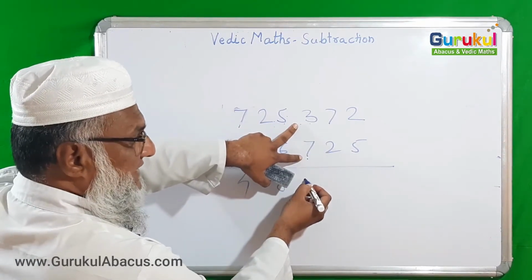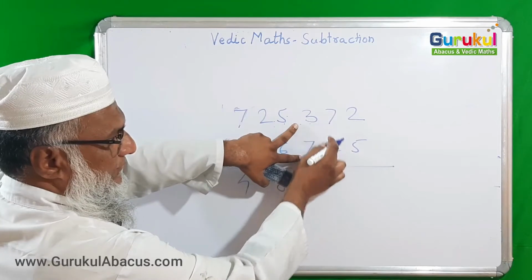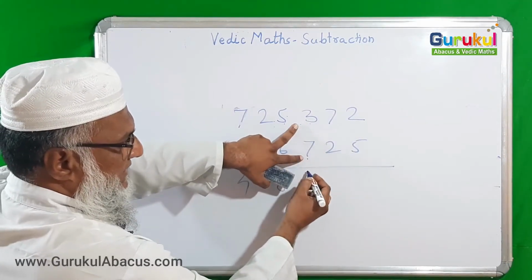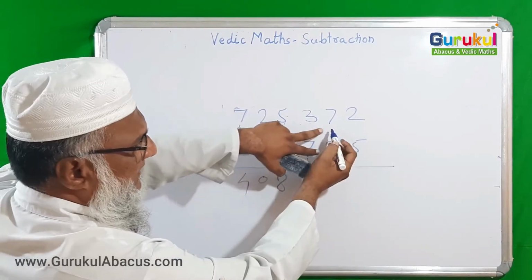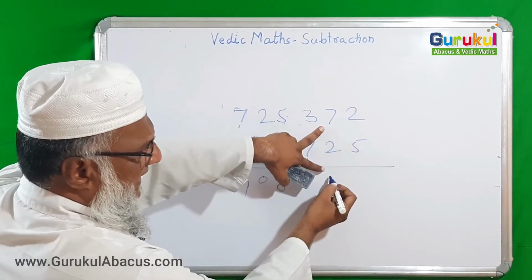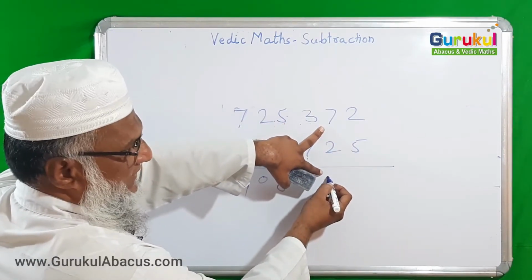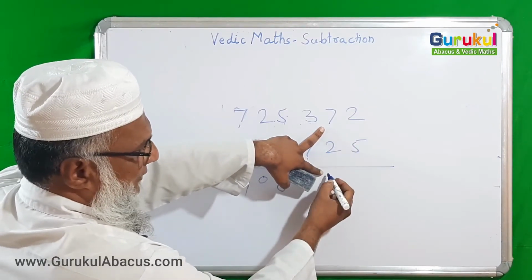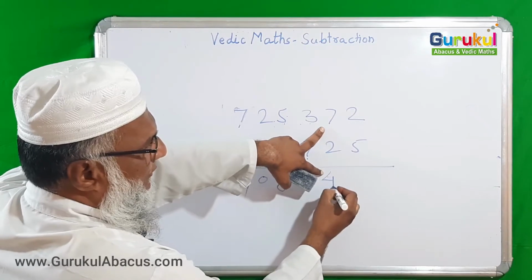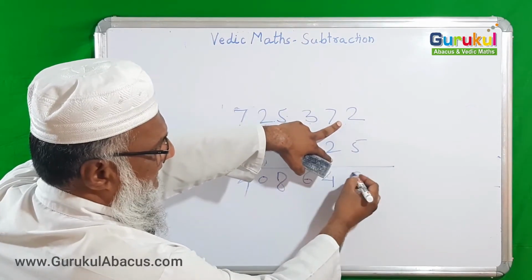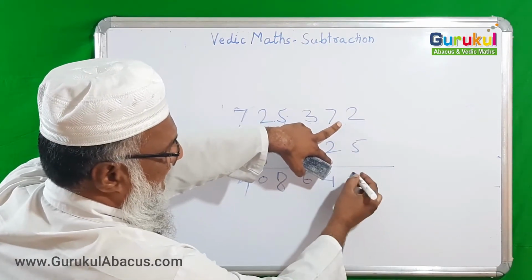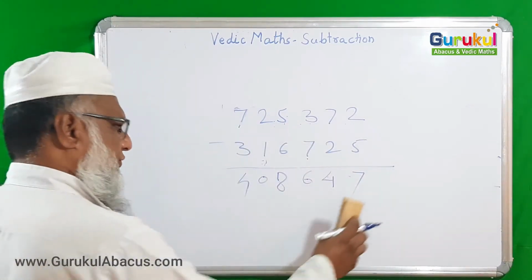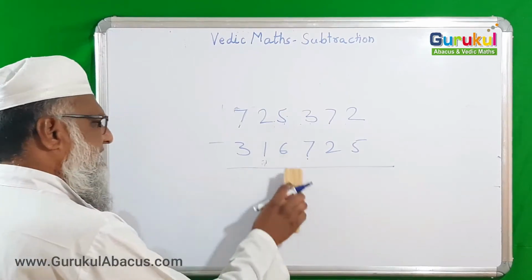I can write 6 here because I can subtract 2 from 7. 13 minus 7, 6. Here 7 minus 2, 5 I was wanting to write. But for this case, I don't want to write 5, I want to write 4, and now 12 minus 5 is 7. Again, to understand this example, so you will understand more clearly and very fastly you can do after practice.